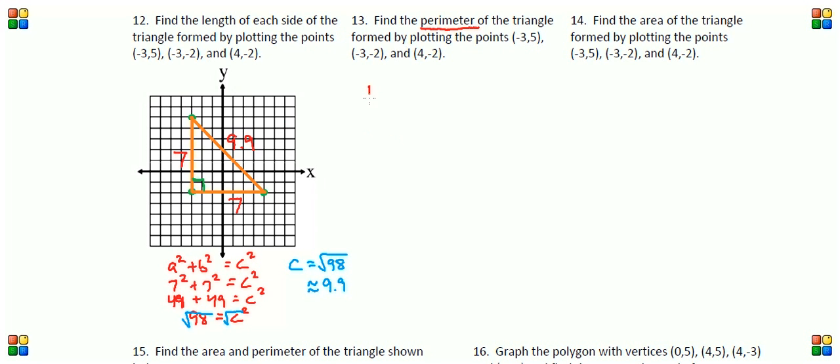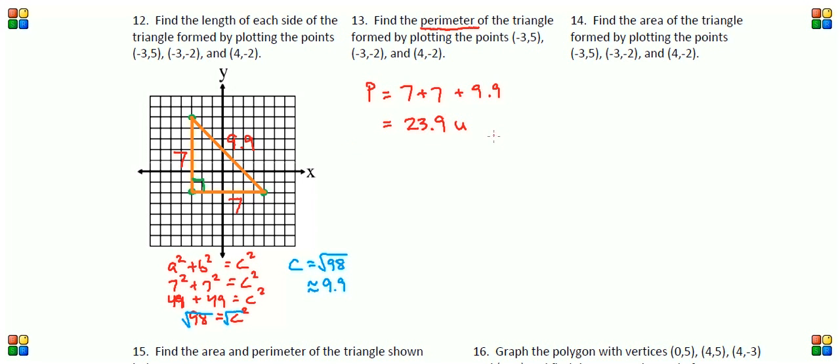So our perimeter in this case is just going to be 7 plus 7 plus 9.9, and that's going to be 23.9. Write that 9 a little bit clearer. 23.9, and we don't know if we're in feet, inches, miles, so we're going to go ahead and write that as